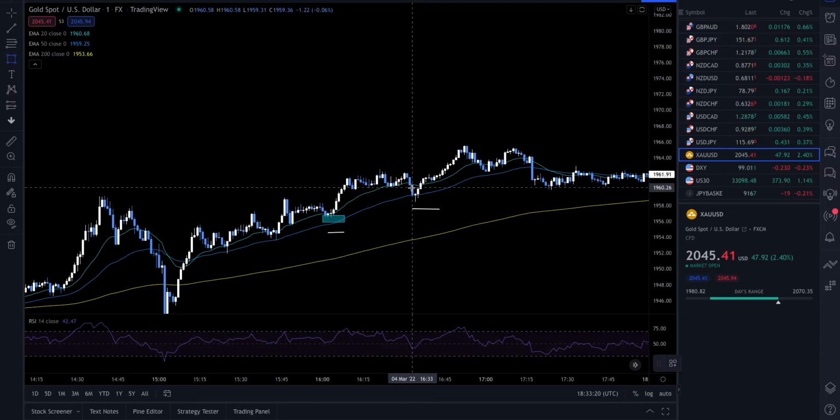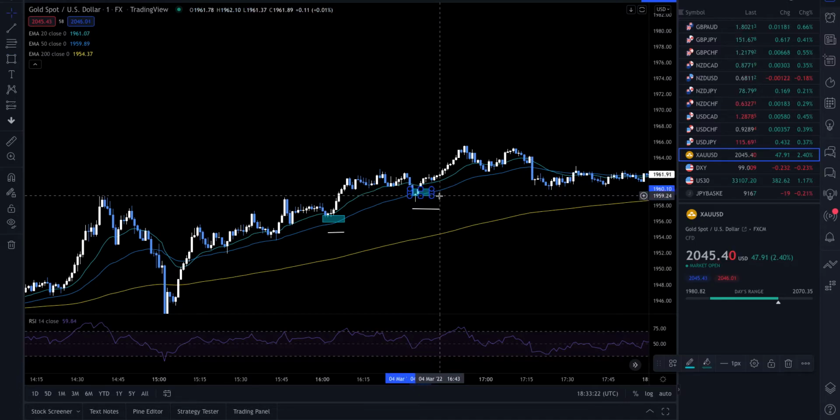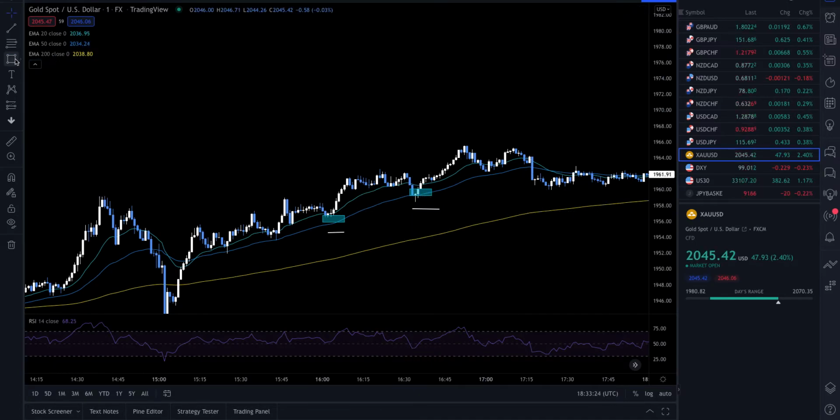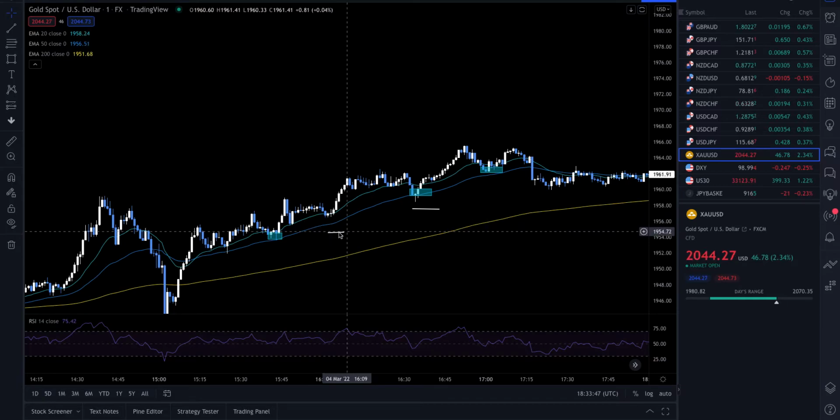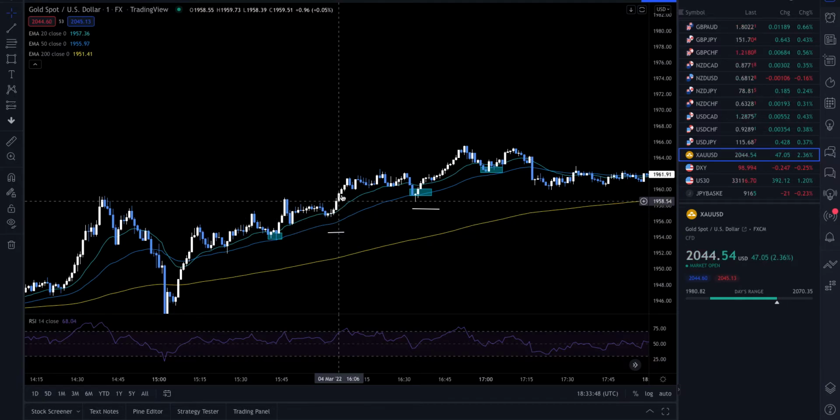Again up here, you'd enter somewhere between the 20 and 50, depending on how price was moving, and then again somewhere like this. And final example on this bit of movement here. So as we can see, price pushes up and then pushes down, it pushes back up again, it comes back down into the moving average. We start to see a little bit of buying, we start to see some white candlesticks showing prices rising. We could then enter our trade around here with our stop loss just beneath,